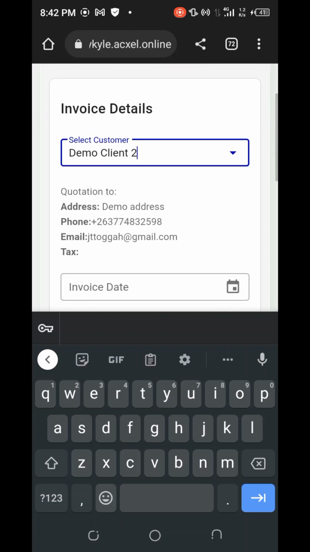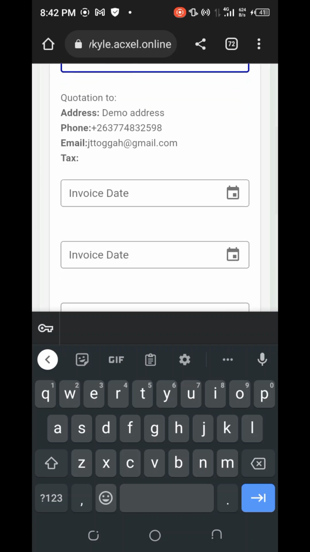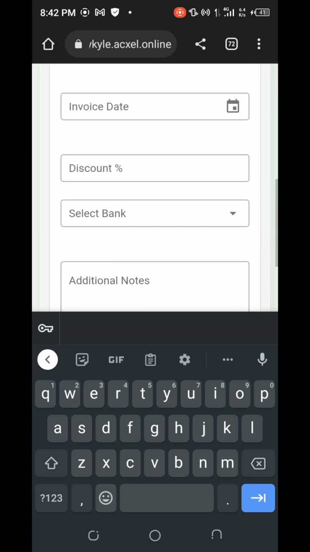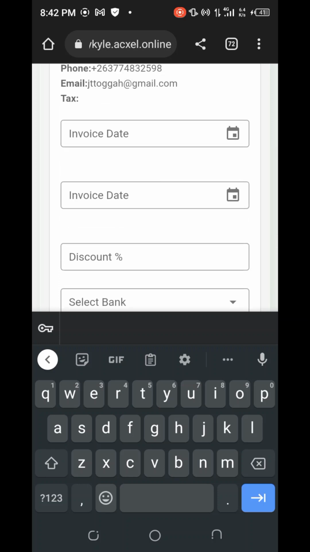All right, so the client details are going to be retrieved from the server, from their database rather, and then they are going to be put on your invoice automatically, so that it saves you time. Imagine if you had to do it manually, you had to write all those details about the client. So now we move on to